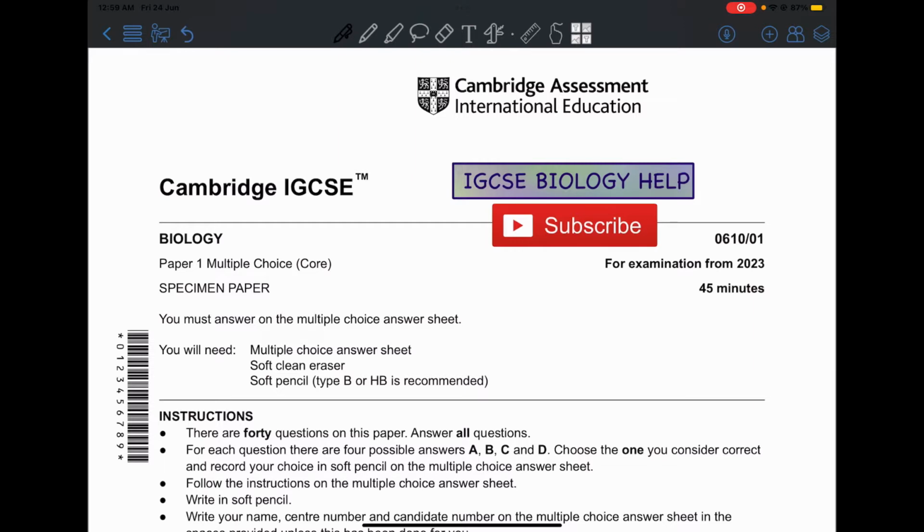In today's video, I'm going to be solving the 2023 specimen paper for the paper 1 multiple choice. This is the core exam, so this is equivalent to the paper 2 multiple choice exam, but this is the